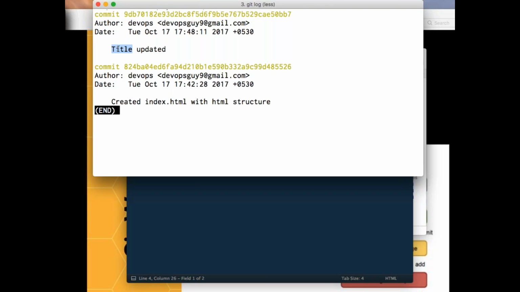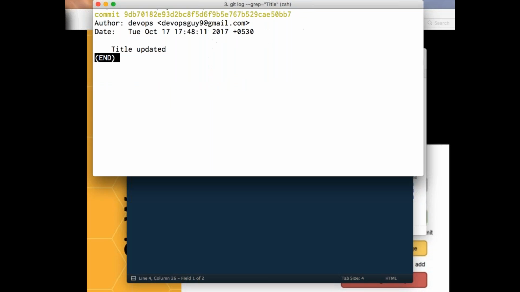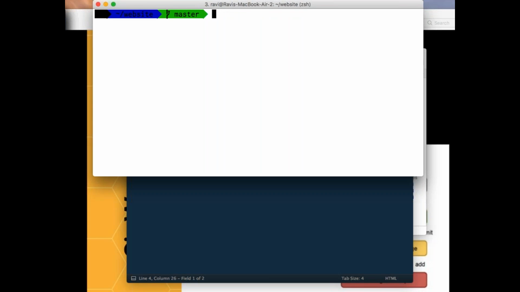It is taking case sensitivity into account, I guess. I think you can give grep -i. So let's say git log --grep title. You can get this specific information. Git log grep -i, right?